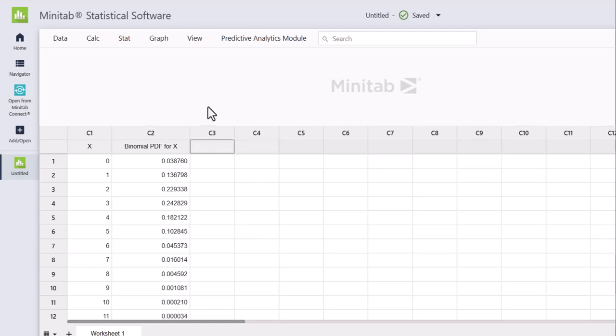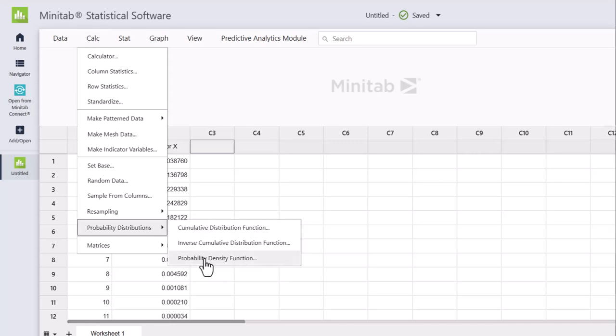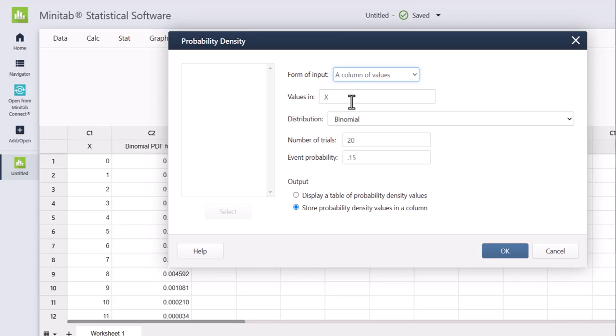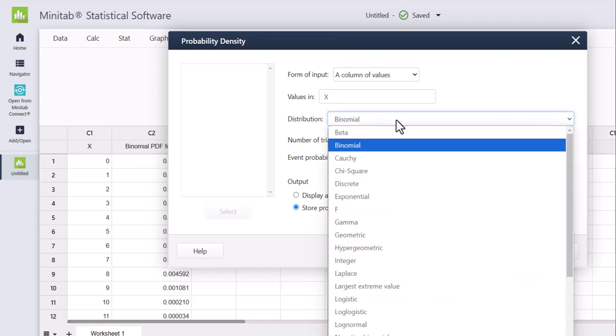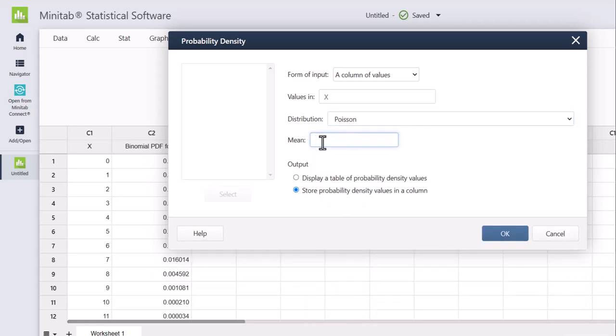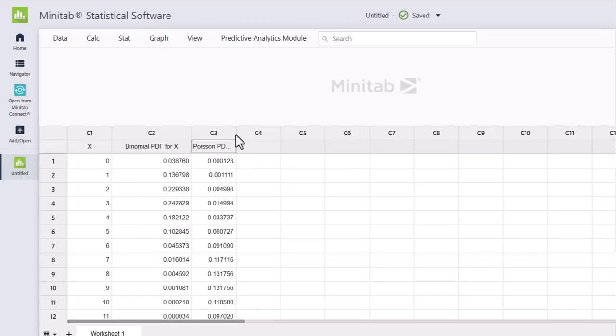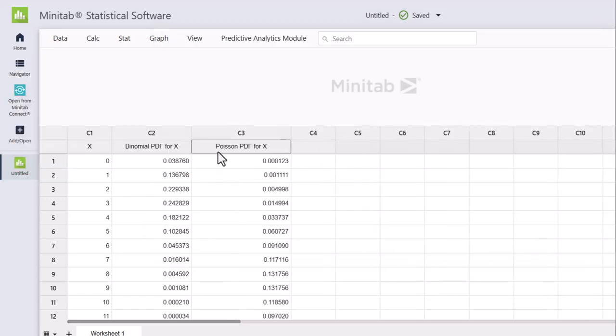I can also come in, go back to Calc, go to my probability distributions, and use my PDF function again. It's going to be the values in X, except this time I'm going to pick a Poisson distribution with a mean of 9, and I want to store them in a column. I say OK, and now it's given me the Poisson PDF for these values of X that are here in column C1. So you can do this with any of your